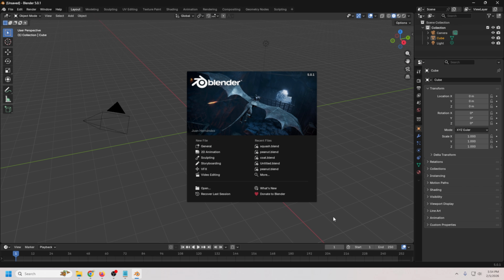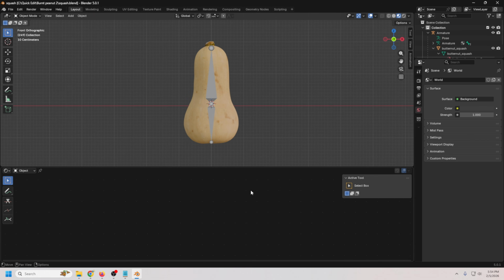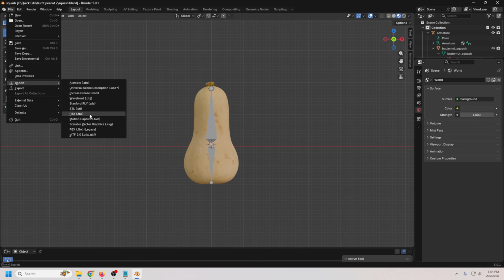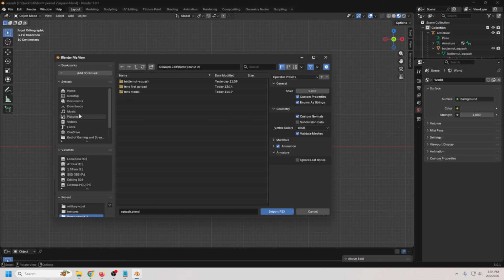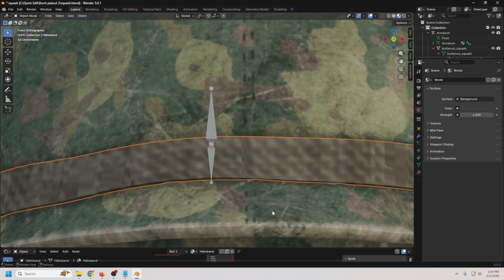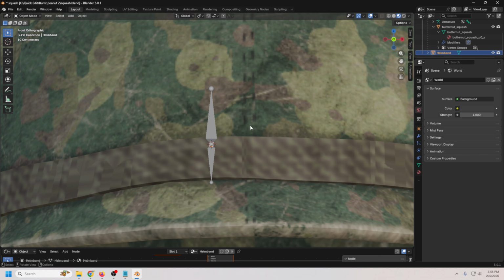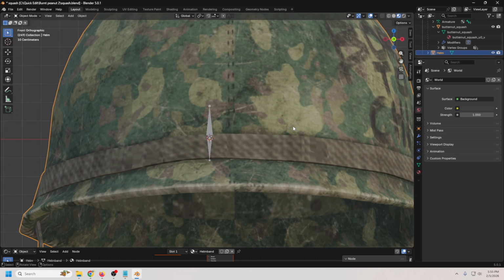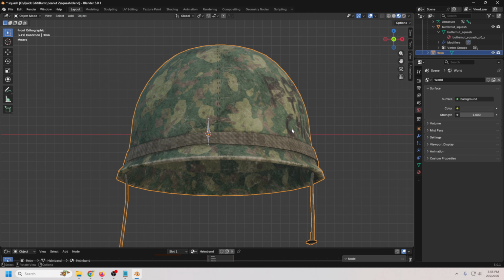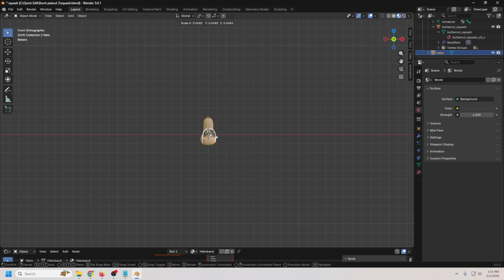Same process. I'm going to go ahead and open up my Blender, and we're going to load up our squash, and I'm going to go up to File, Import, and it's an FBX, and so now I just have to find the actual file, and this helmet right here, import, and you can see it's big. First thing I want to do is join all these together. You can see it's a bunch of different parts, so I'm just going to right click and say join, rename it, and all right. So we're going to click S to scale, and we're just going to shrink it down,